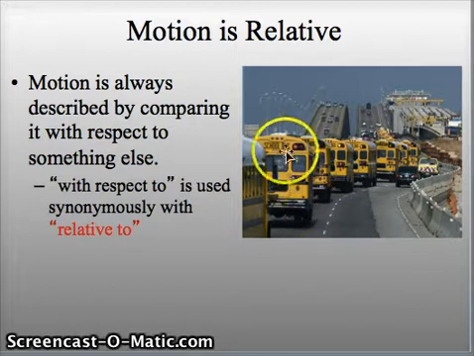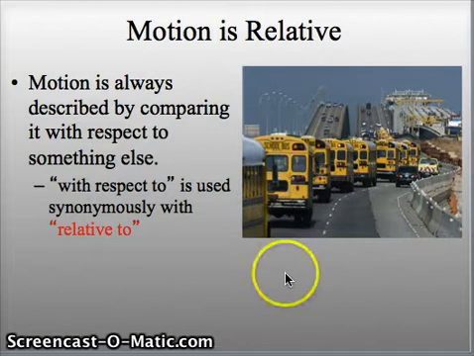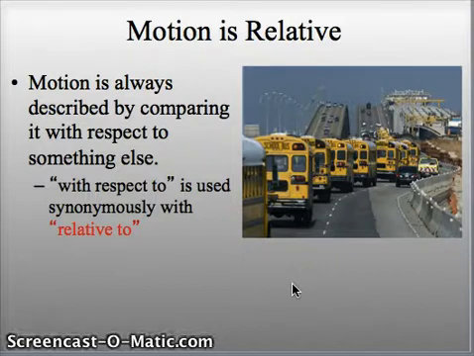So here I have a photo of a series of school buses. Say, for example, you're on that one school bus right inside there. And let's just say that the school bus is driving at 55 miles per hour. How fast are you moving relative to the person that you're sitting next to? If your answer is 55 miles per hour, you are incorrect,